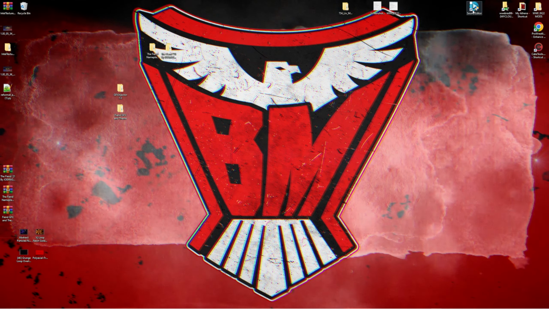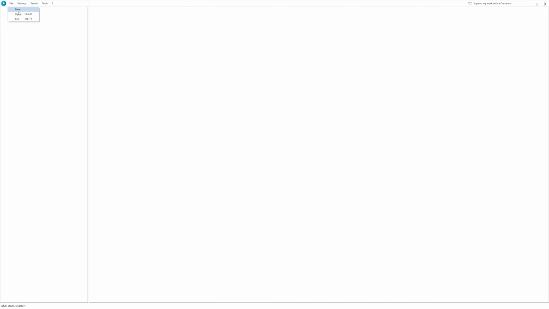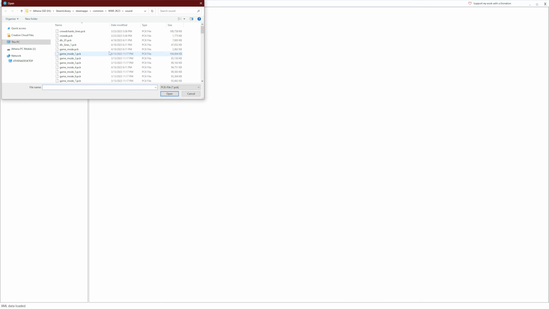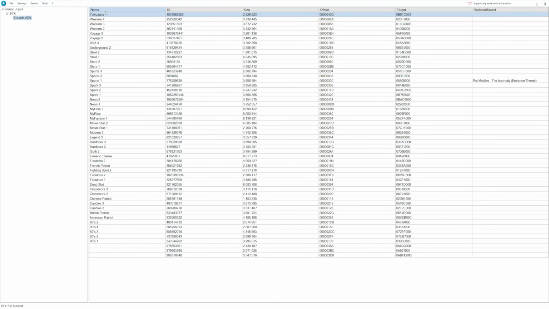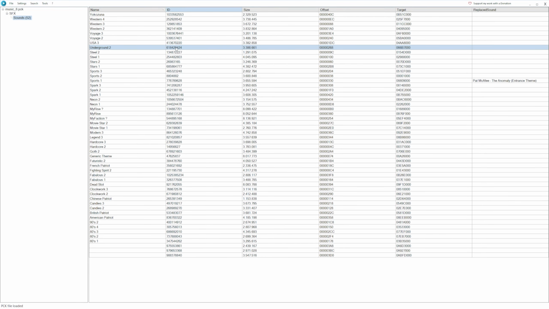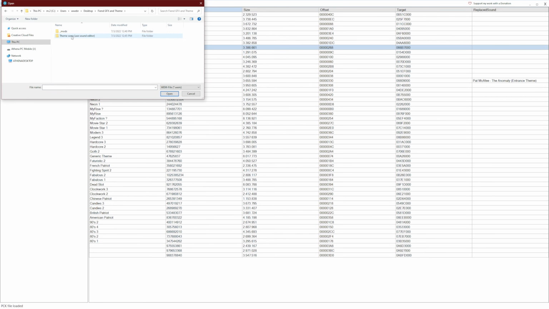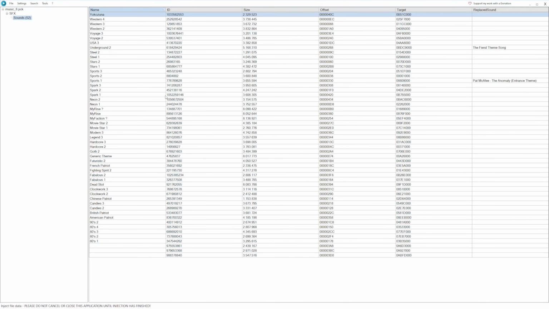I'm going to open up Sound Editor. Now, you can replace any song you like, but I like to replace generic themes, and those are usually stored in Music Pack 8. Open that up. Go ahead and sort by name. And how about we replace Underground 2. So you're going to highlight Underground 2, right click, import, find that Fiend theme song right here, open it up,